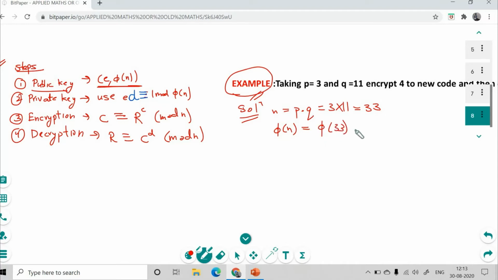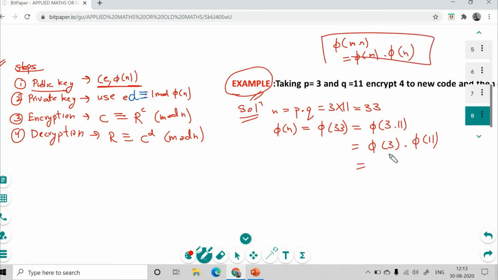Now suppose I have to find phi of n, that is Euler totient function of n, phi of 33. So how will we find this? We can write this as phi of 3 into 11, right? This can be broken down as phi of 3, phi of 11, because phi of m into n is phi of m into phi of n. Always remember this, okay? Now this is a prime number, so n minus 1, I just told you, into 11 is also a prime number, into 10, that will be 20. So phi of 33, sorry, phi of 33 will be 20.